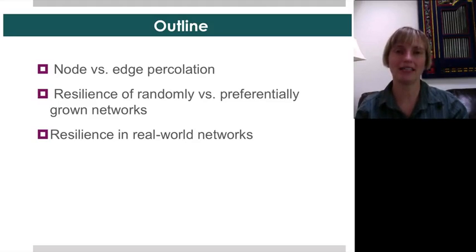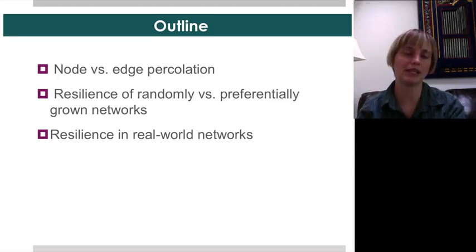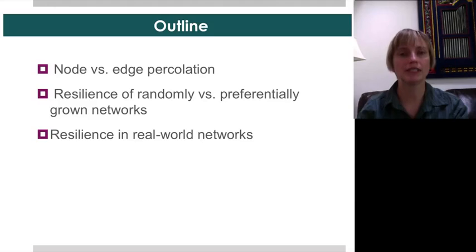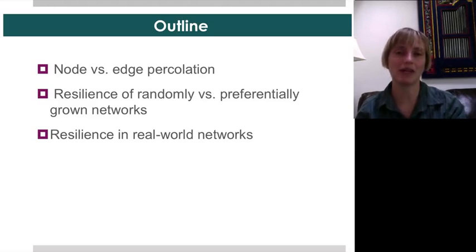Then we're going to look at particular topologies, namely scale-free networks, and see how random failure of nodes differs from targeted attack. That is, random failure might just occur naturally, but with targeted attack, if you have an adversary, they're choosing which nodes they want to take out. So how does the network do in one scenario versus the other, and how does this depend on its original topology? And finally, we'll talk about resilience in real-world networks, and one in particular, and that is the US power grid.